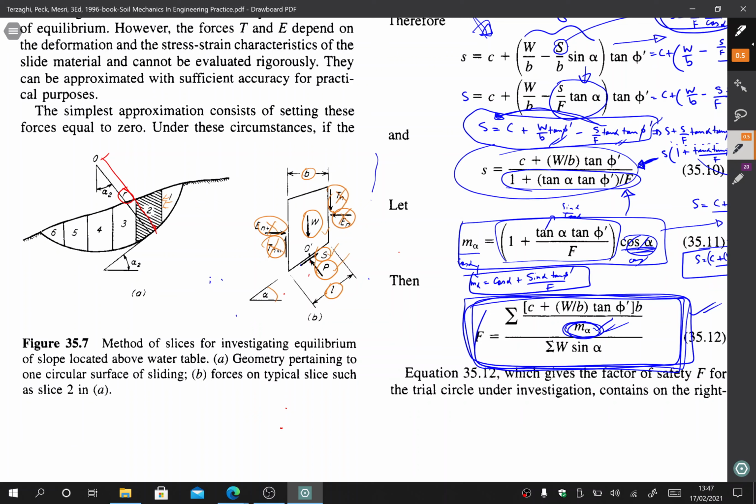So if I do summation Fy equal to 0, that means I do summation of all the forces that are acting in vertical direction. So could you help me out, what will be the forces? Can you list down the forces for me, please? I'm talking about the forces that are acting only in the vertical direction.